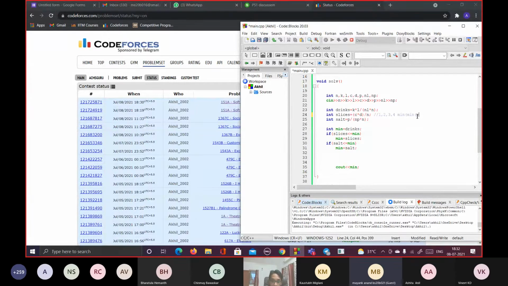So if I use 3 min functions and give 4 comma 1 in the first case, and then 3 in the next, of course with the brackets. The minimum of 4 comma 1 will return 1, and the minimum of 1 comma 3 again will return 1. The minimum of 1 comma 2 will again return 1. Okay, got it.